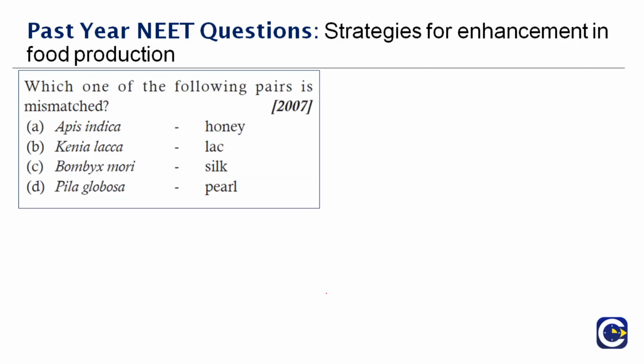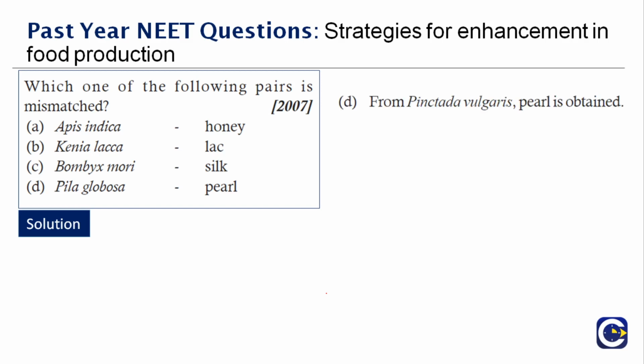Next question. Which one of the following pairs is mismatched? Now you have to analyze again here. This question was asked in the year 2007. Apis indica is honey. Kerria lacca is lac, Bombyx mori is silk, and Pila globosa is pearl. The wrong one is option D. Pila globosa is not pearl. It's actually